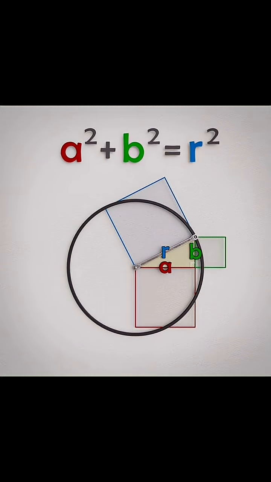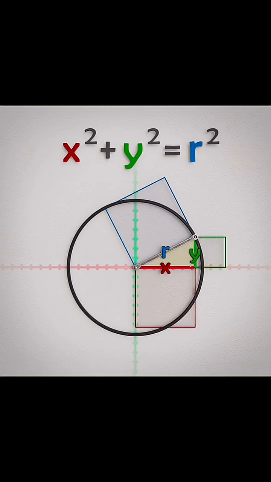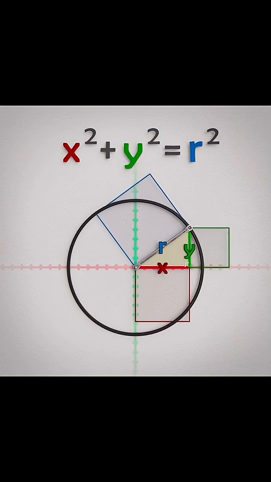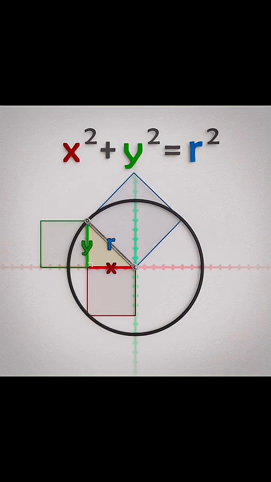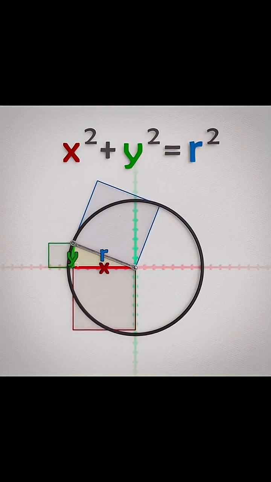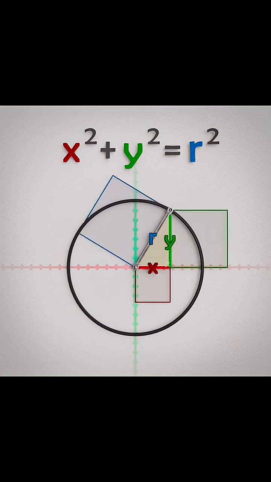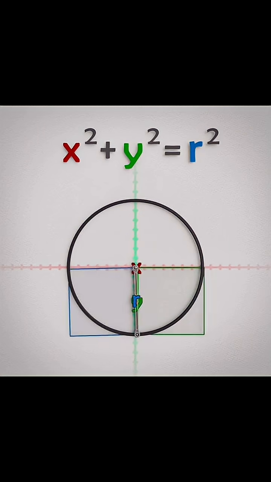And if we think about this in terms of a grid of Cartesian coordinates, the triangle legs define the position of the points on the circle left to right along the x-axis and up and down along the y-axis. For every point on a circle, the coordinates in x and y will relate to the radius of the circle with the Pythagorean theorem. So this tweaked version of the Pythagorean theorem can also describe how to trace out a